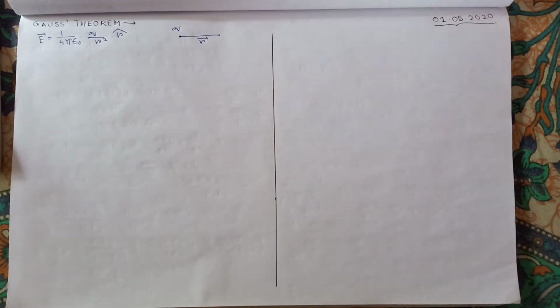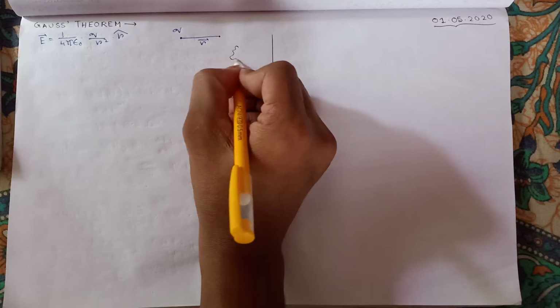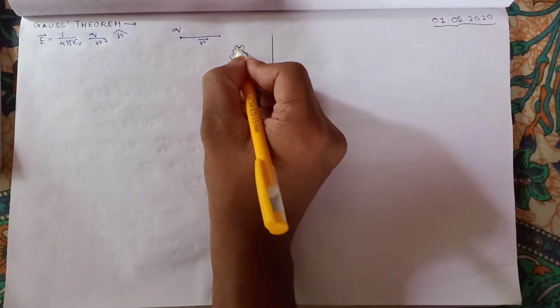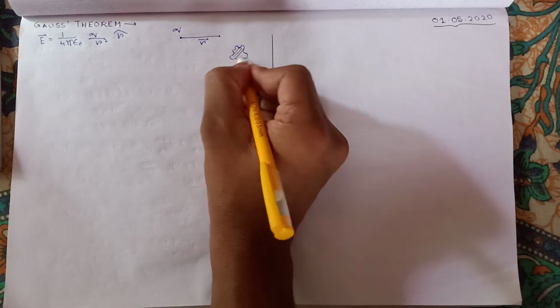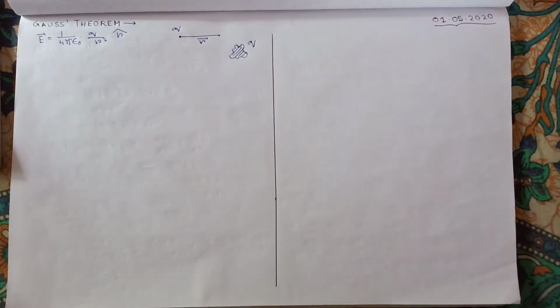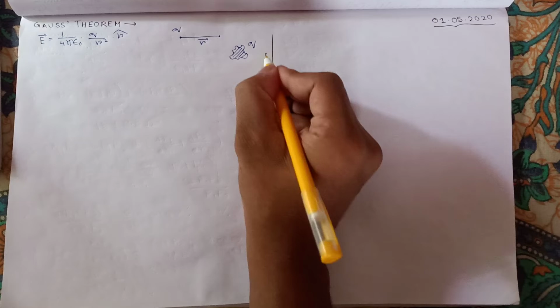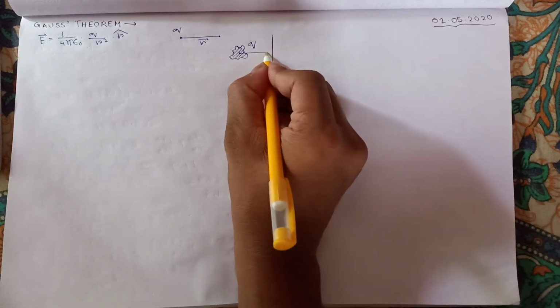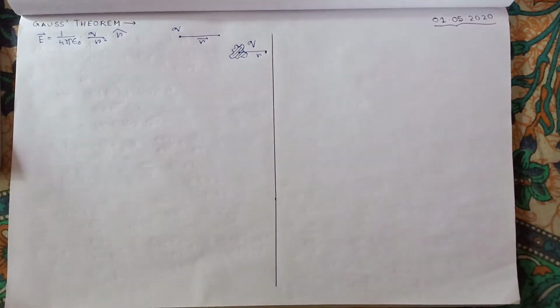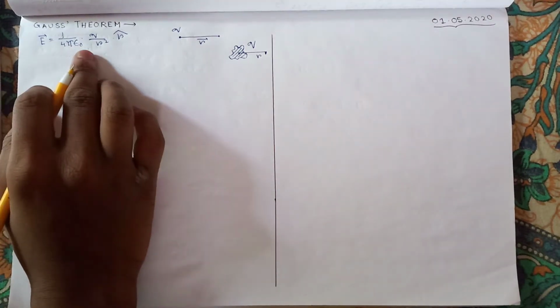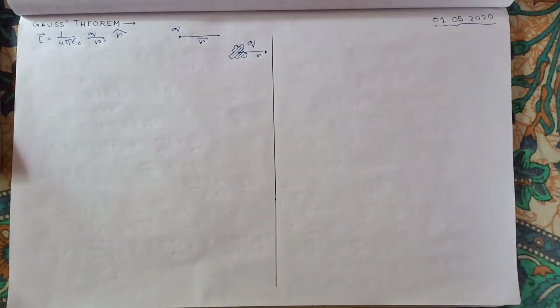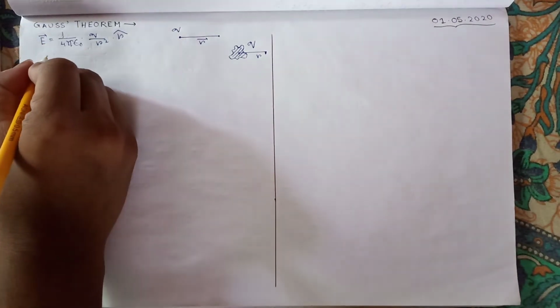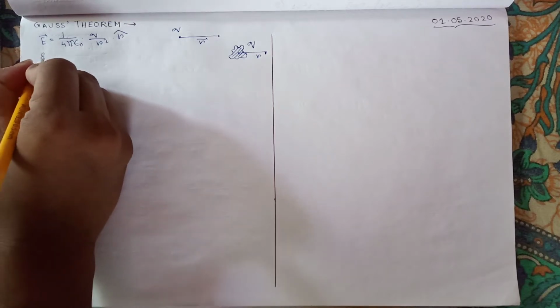But in case of a charge that is not a point charge, it is a distributed charge. Suppose a surface is given to you like that, an abnormal or non-uniform surface, and you are told that this surface contains charge q. So how to find out the electric field at a point r distance away from that surface? It is tough to apply this formula, right? Because this is only applicable for point static charges. So what will we do? So here comes the concept of electric flux.